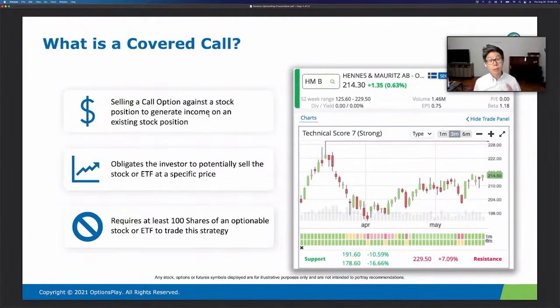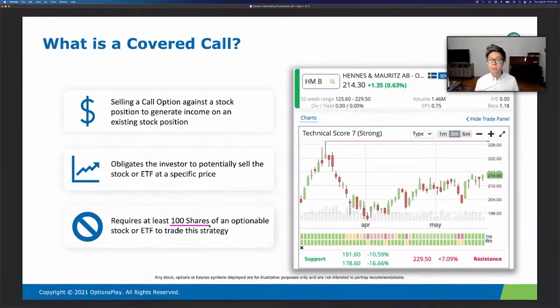But there are a couple limitations with the strategy. It's important to understand that limit orders and covered calls are not the exact same thing. A limit order you can place for any number of shares. So if you have 2 shares of H&M or 2,000 shares of H&M, you can place a limit order for that amount. When you're selling a call option, each contract you sell is only for 100 shares of the underlying stock. So you can only sell in 100 share block increments. So if you own only 50 shares, you cannot sell a covered call. If you own 250 shares, you can only sell 200 shares of it through a covered call, meaning you will still have 50 shares remaining.